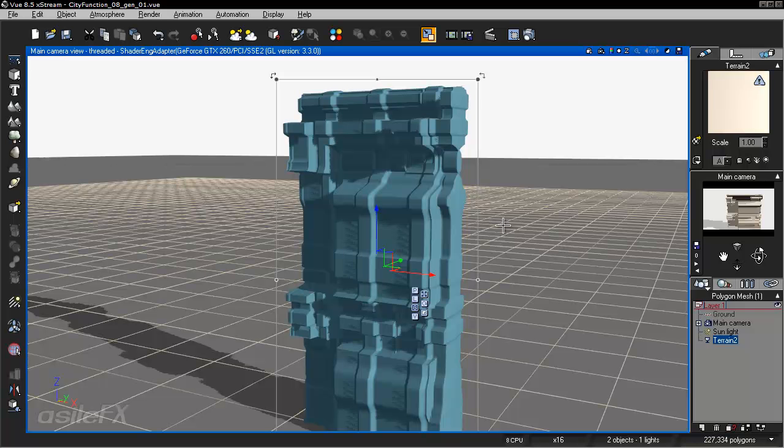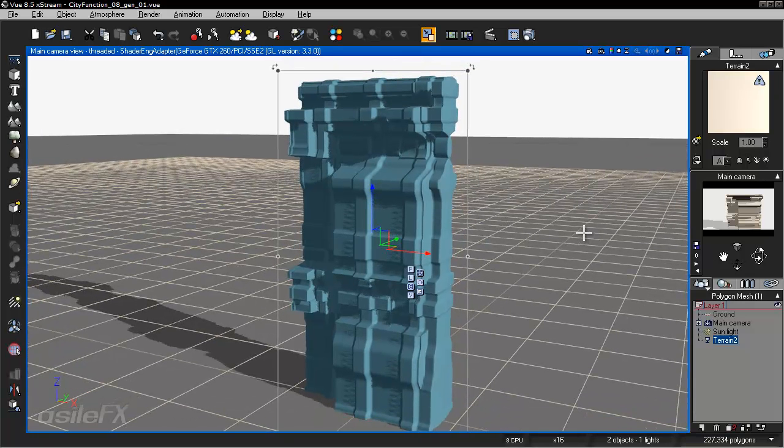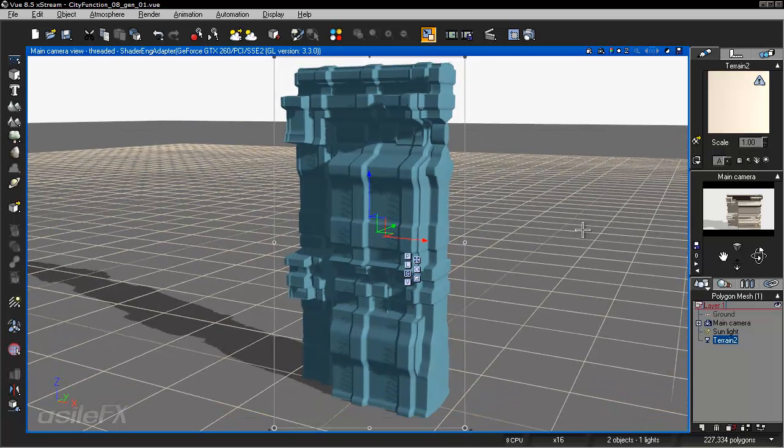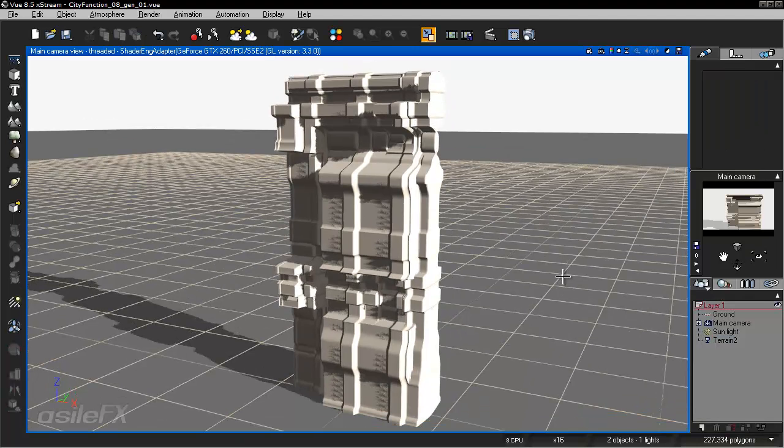If you're going to be using that proxy object instead of the export method, which I do a lot because it's just faster because the geometry is already there, you may need to merge the points or sometimes remove some of the triangles depending on the way the mesh turns out. If we go ahead and take a look at the wireframe view,